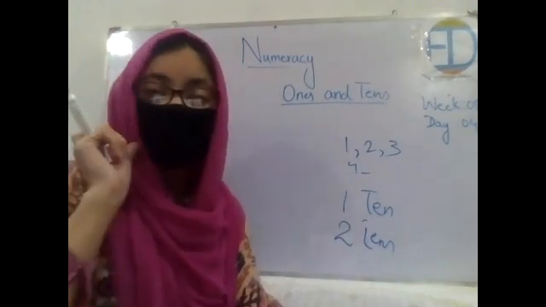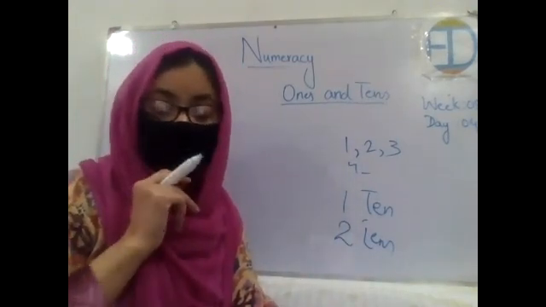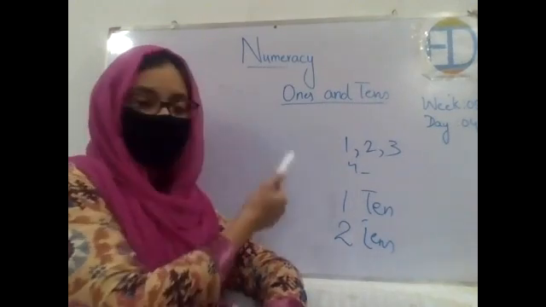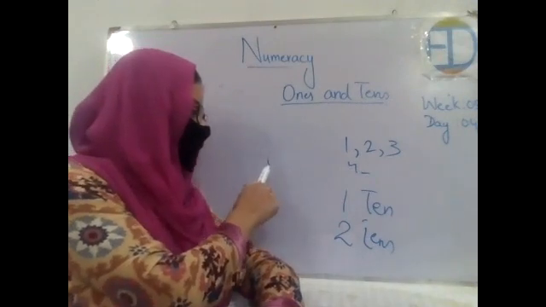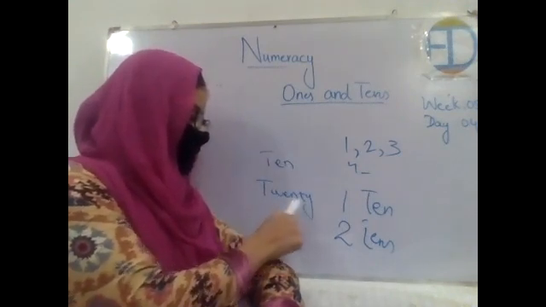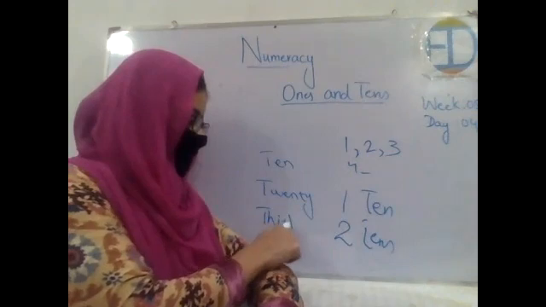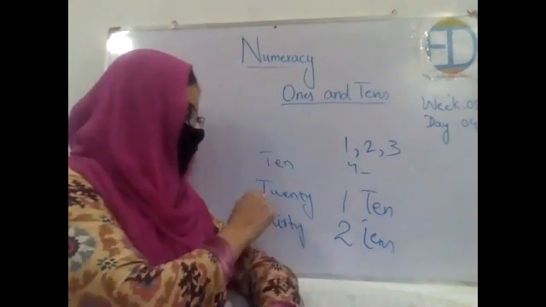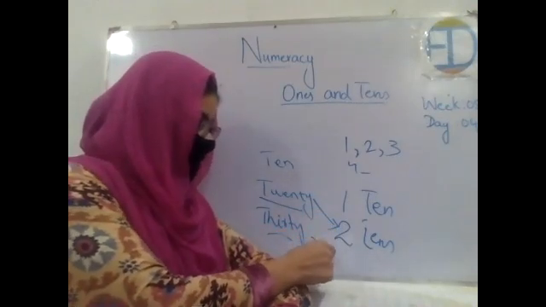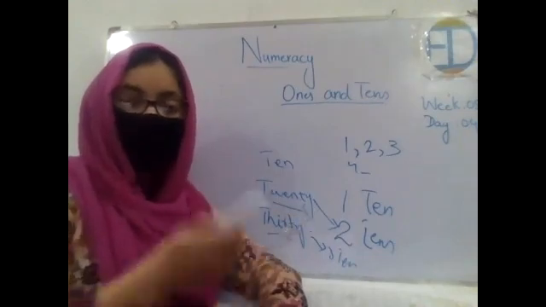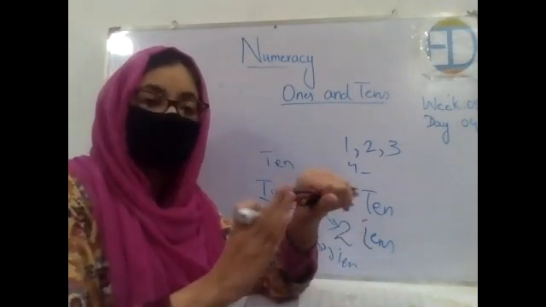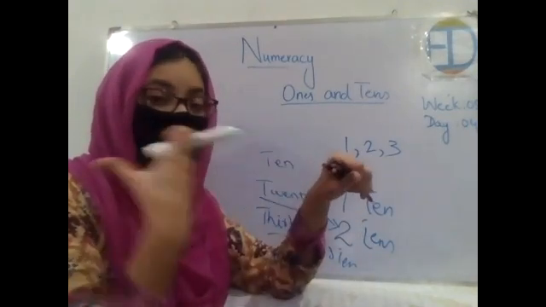right? So the practice that we have done in all of our previous classes, in which you write number names like 10, then 20, then 30, then 40, and so on. So what do we call 20? 2 tens. For 30 we will say 3 tens, right? Now instead of writing them separately as numbers, we will just tell the number of tens it has, right? How many tens it has.